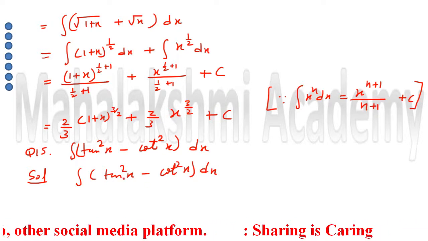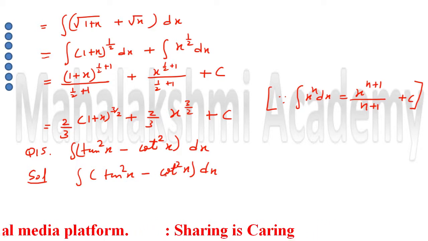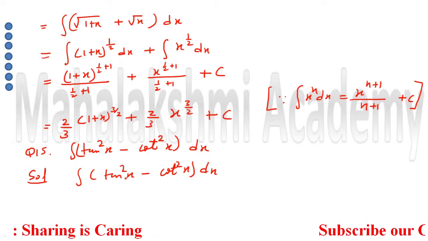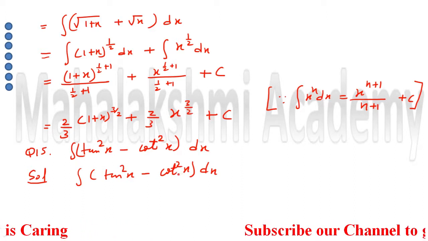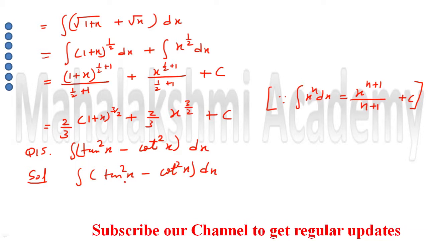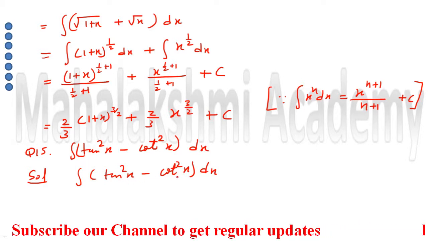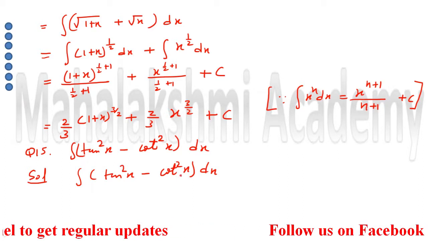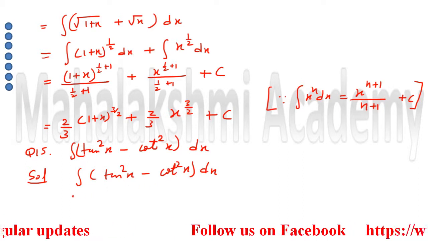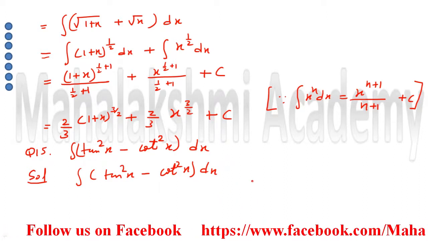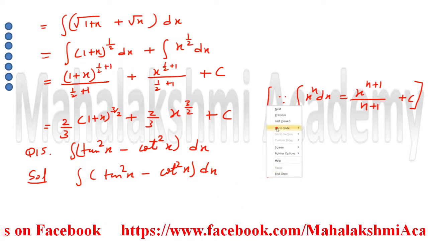Students, before, we had already solved some questions, question numbers 12 and 13 I think. In those we integrated tan square x and cot square x. Because we don't have any standard formula for integrating tan square x and cot square x, we converted them in the form of sec square x and cosec square x. That is what I am going to do here. We don't have the space, so we move to the next page.